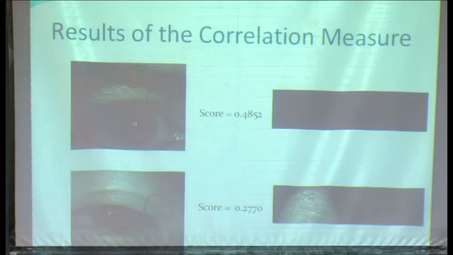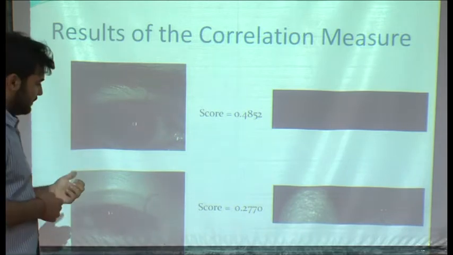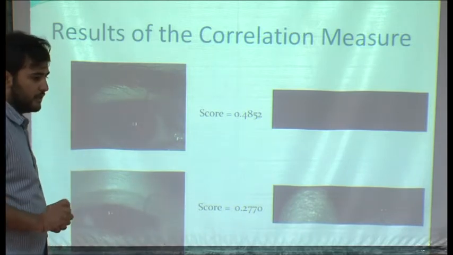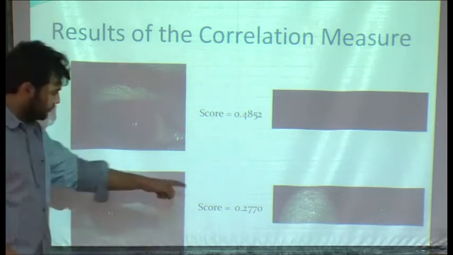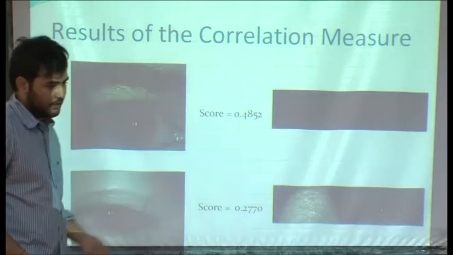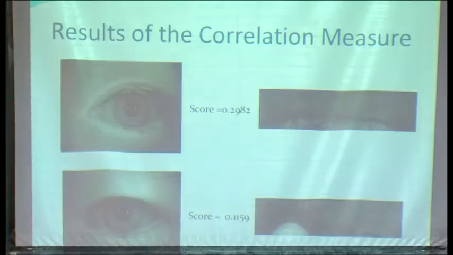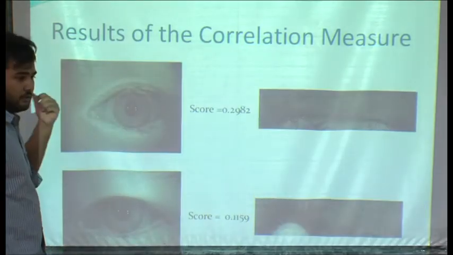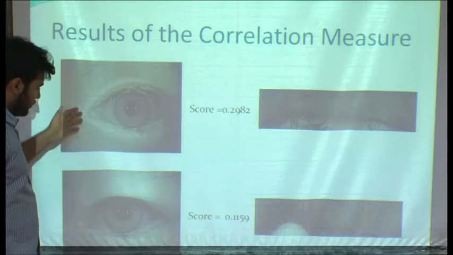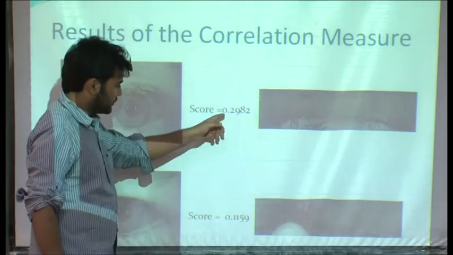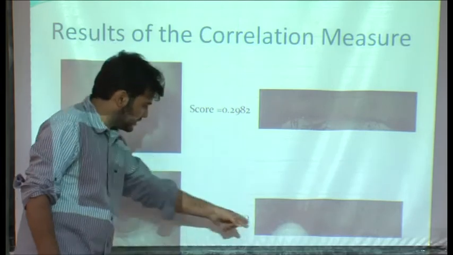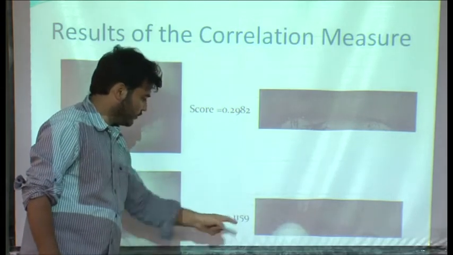The most important thing while selecting the ideal images was that I tried to take care of occlusion, as in I took less occluded images. As you can see, this is a very occluded image and its score has suffered because of that. Similarly here, the bivariate measure came out about the same for both these images, but for this image the score was 0.298, whereas because it is occluded the score came out to be 0.1159.